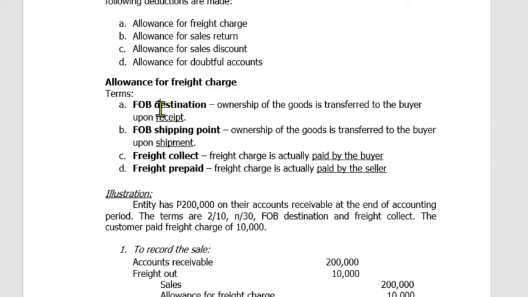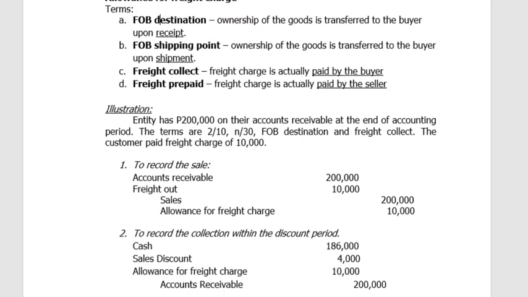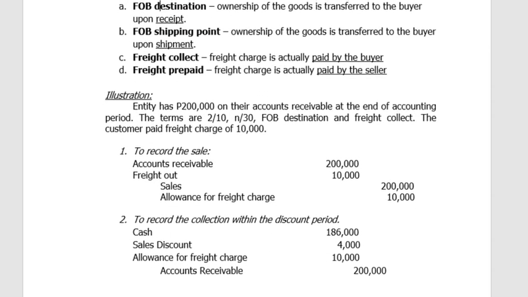So, yung kabaliktaran naman nun, yung freight prepaid, because freight charge is actually paid by the seller. Nung time na shinip yung goods, binayaran na ni seller yung shipping charge for the items. Okay, let us illustrate this allowance for freight charges. This illustration